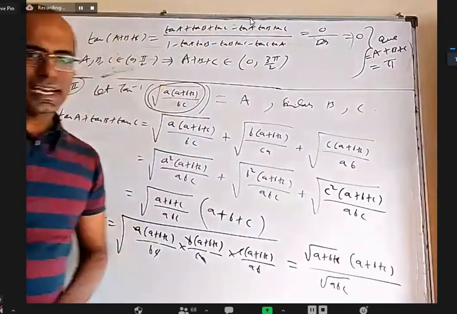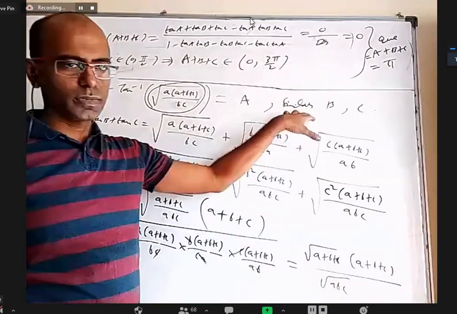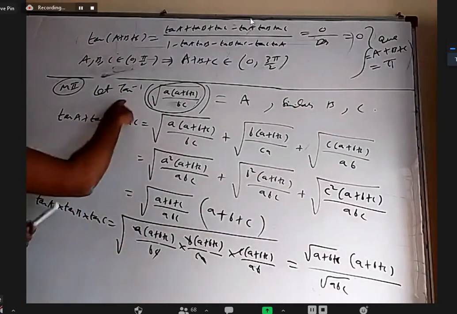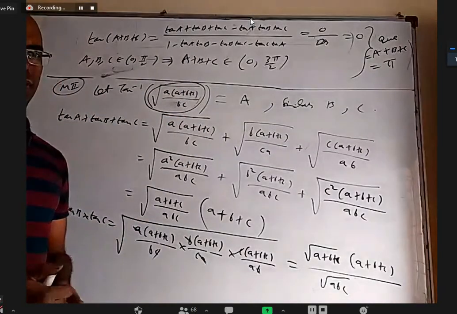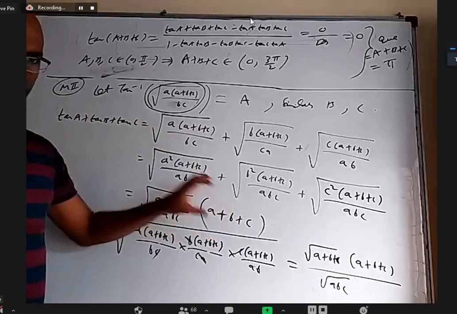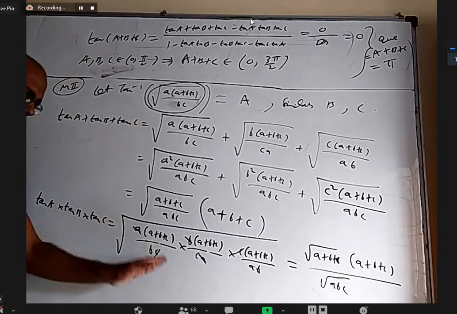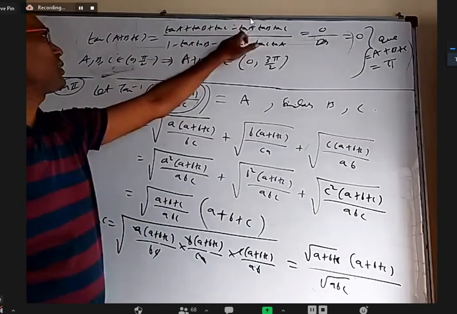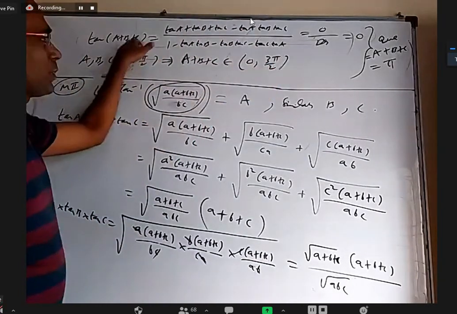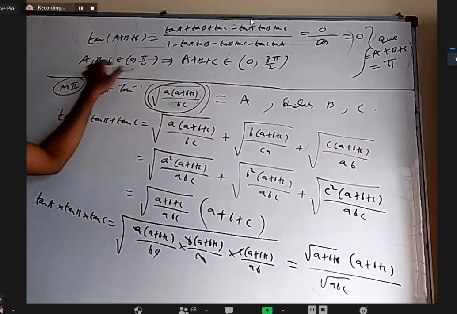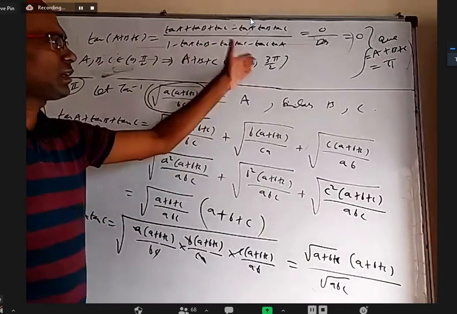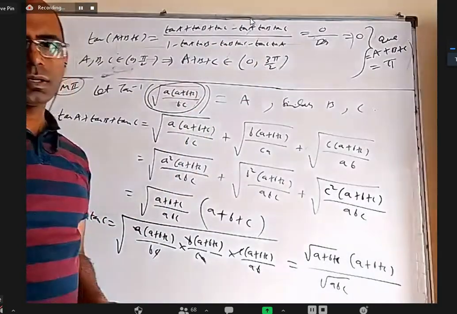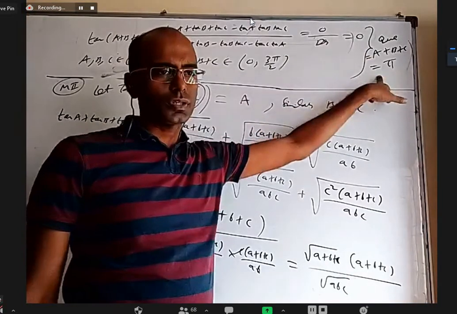So in our question we have 3 tan inverse. First tan inverse I took A, similarly second tan inverse B, third tan inverse C. And when I send this tan to that side, I'll get tan A is this expression, tan B is the inner part of the second one, tan C is the inner part of the third one. When I found tan A plus tan B plus tan C simplified, I got something. When I found tan A into tan B into tan C simplified, I got the same thing. So this and this are equal. So tan of (A plus B plus C) is 0. Tan of (A plus B plus C) is 0 doesn't mean A plus B plus C is 0, because A is in open interval 0 to pi by 2, B is also in open interval 0 to pi by 2, C also in open interval 0 to pi by 2. So A plus B plus C belongs to open interval 0 to 3 pi by 2. Between open interval 0 to 270, tan is 0 only at 180 degrees. That's why A plus B plus C, which is the question, is 180.